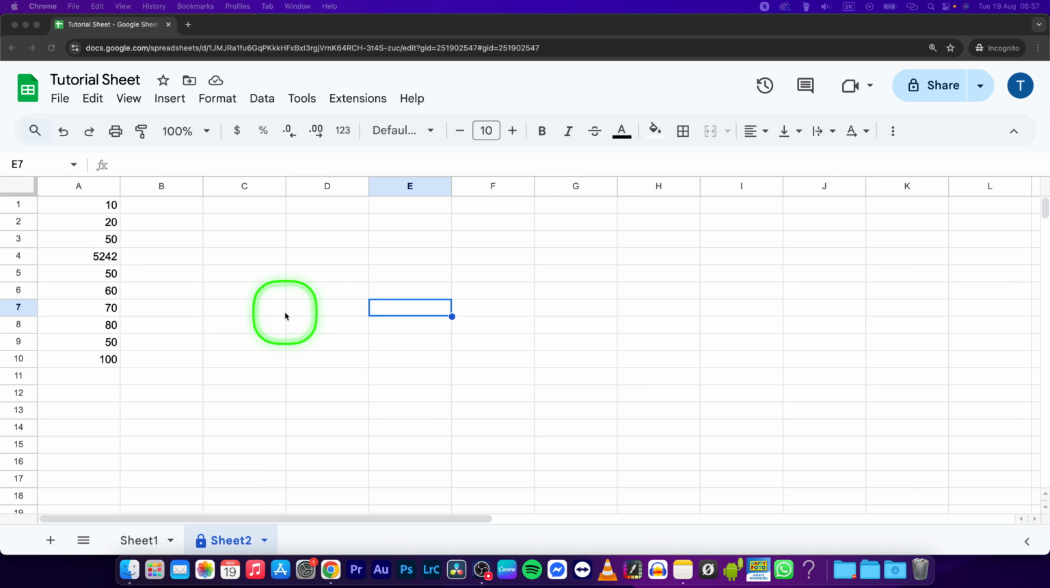Hey guys, my name is Elijah, and in this tutorial I will show you how to highlight highest value in